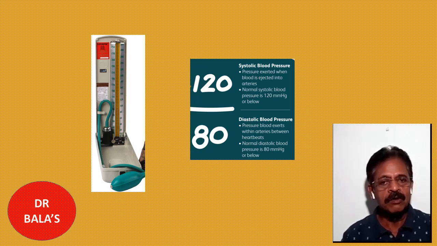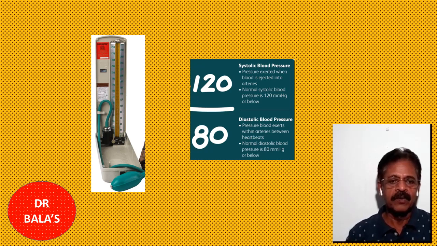If the level is less, you call it hypotension. If the level is more, you call it hypertension. 120 by 80 millimeters of mercury, plus or minus 10 millimeters of mercury, is acceptable, this deviation. But if the low blood pressure is sustained, because of the low pressure, the organs may not get enough blood supply. They may not work. They may die, because they need oxygen, nutrients, everything that is in the blood. They take this from the blood, so they may die, fail to do their work.